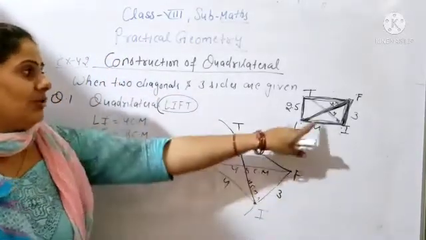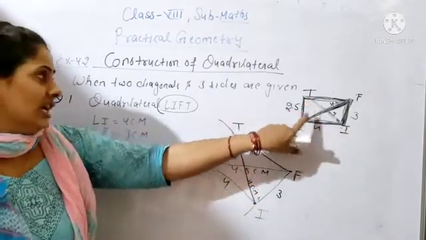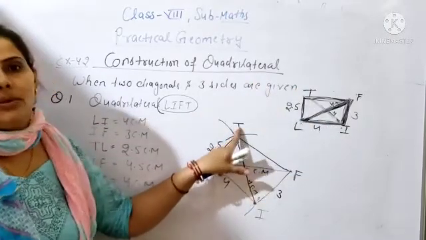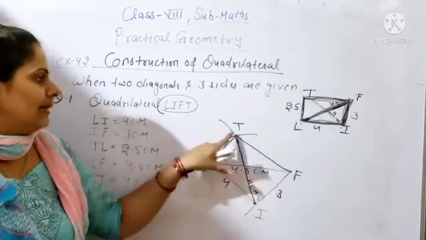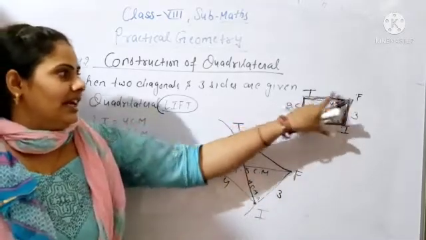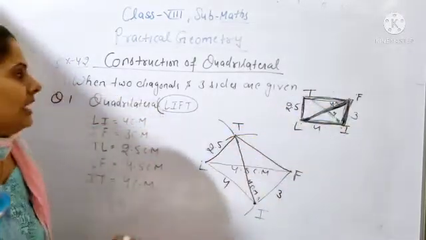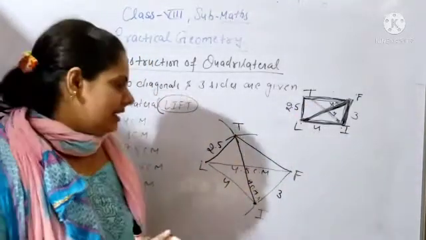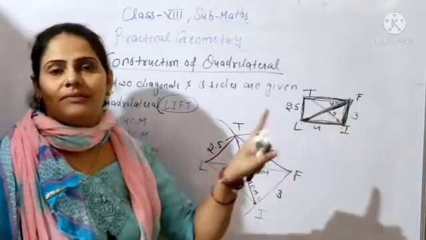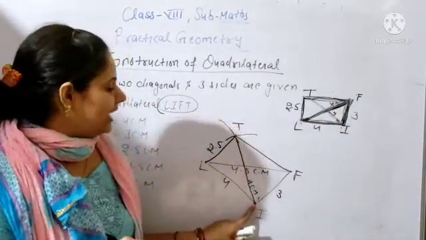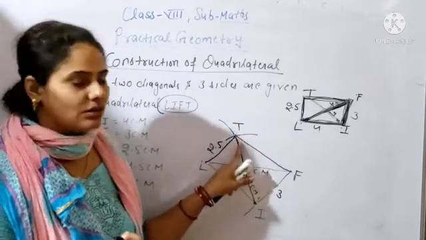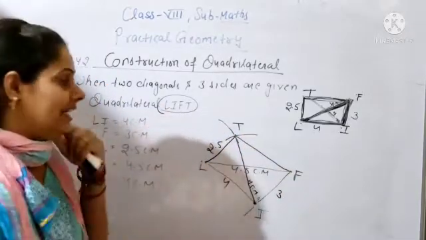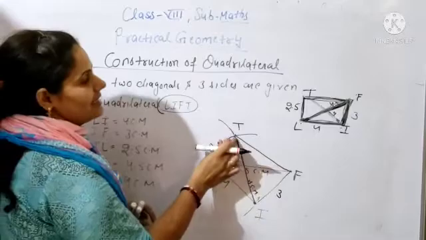After that, we have to complete the next triangle also, the upward triangle. In the upward triangle, one length is already given, LT. So from point L, open your compass 2.5 centimeter and draw the arc. The next length, TF, is not given, so leave it. Second, you can see from I to T, this is the second diagonal, and its length is already given in the question, 4 centimeter. So from point I, open your compass 4 centimeter and draw the arc. It will cut the LT arc. Now the intersection point of both the arcs is T.